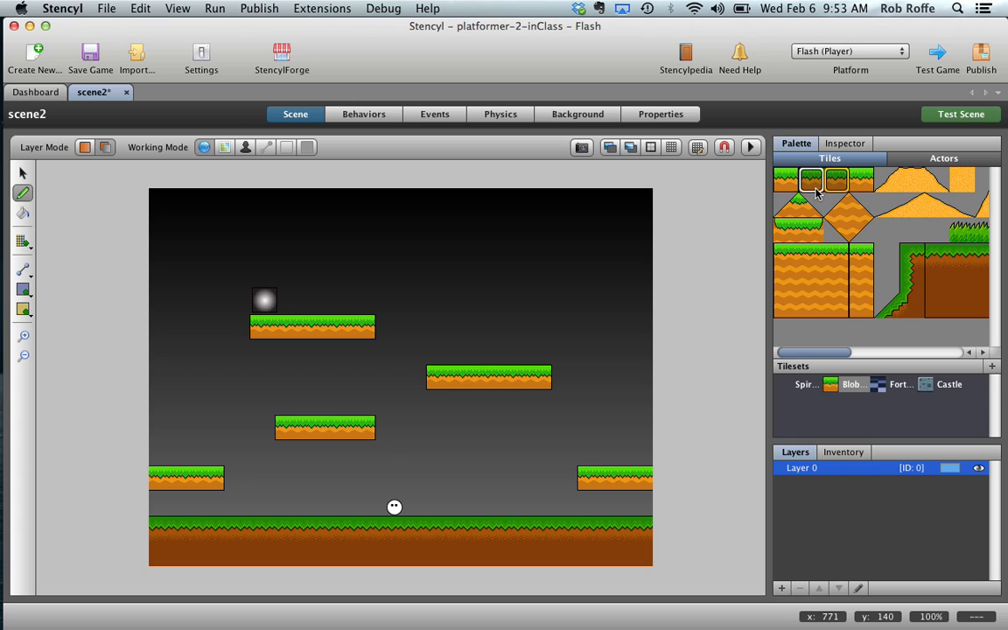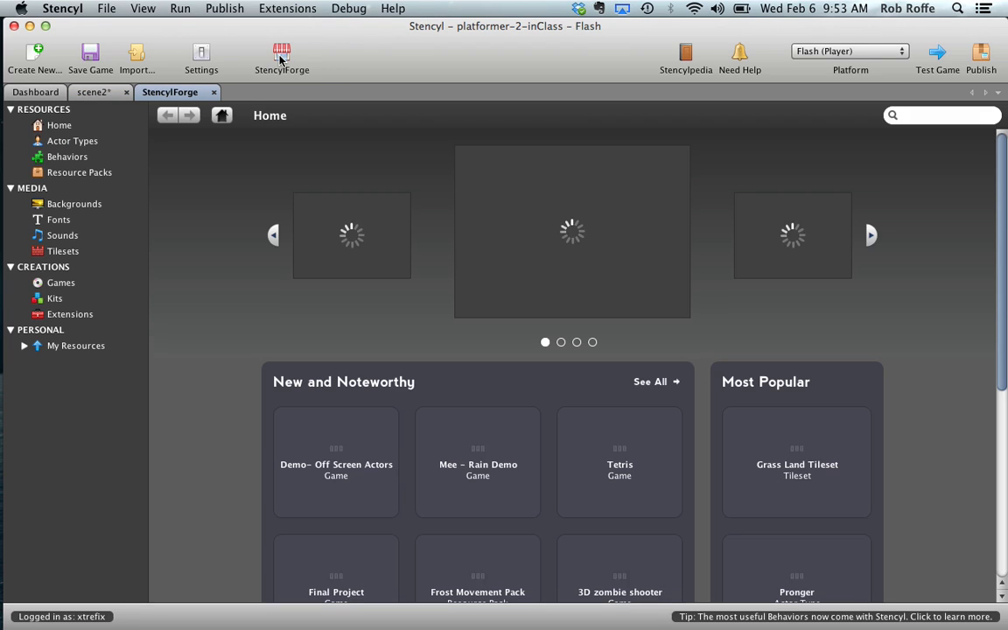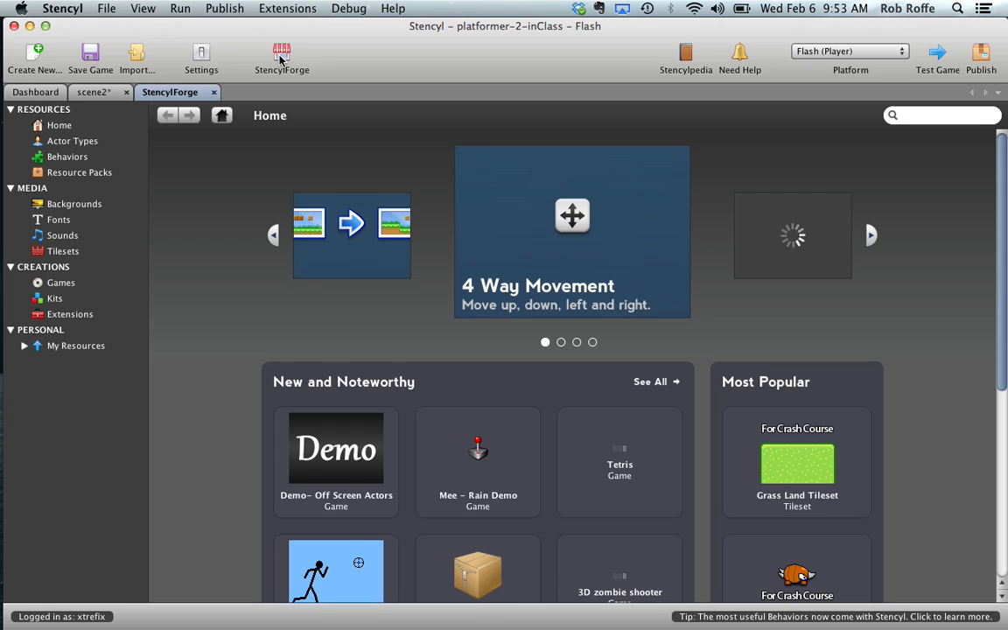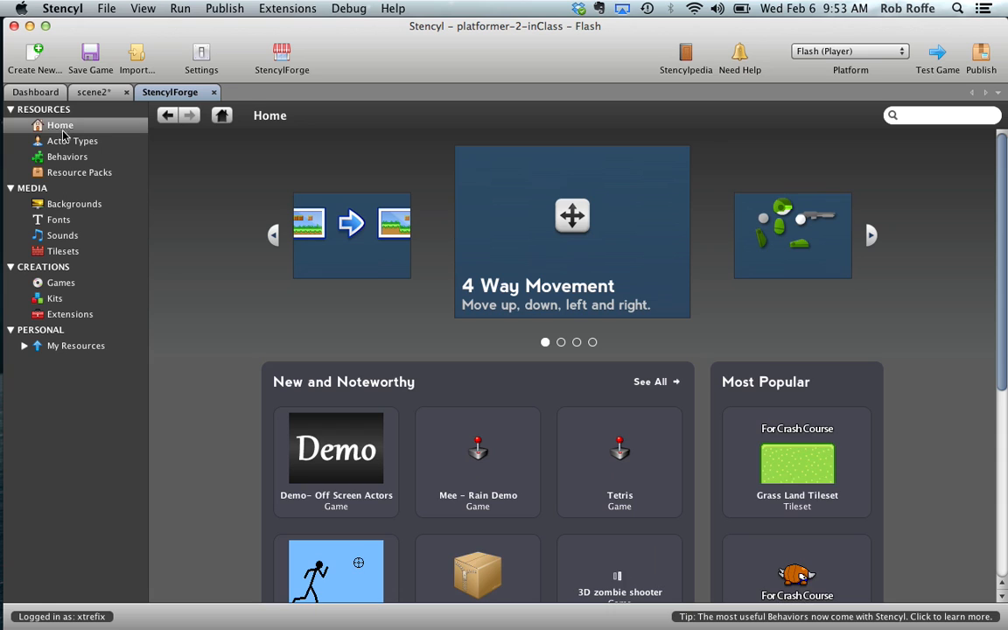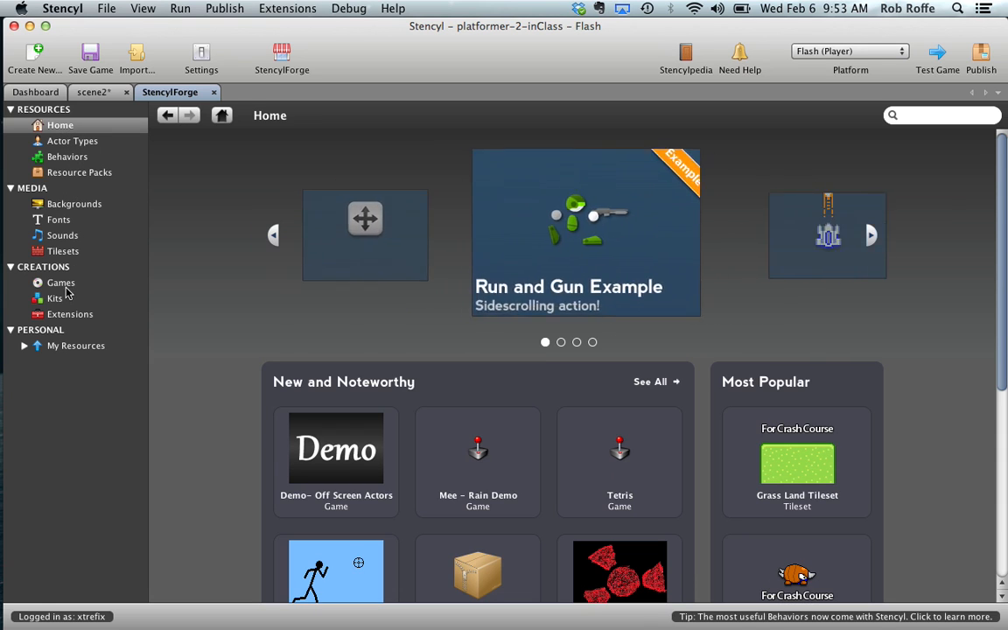So where do you get these tiles? I'm going to go up here to Stencil Forge. Stencil Forge is kind of the online clearinghouse. It's where you could download other people's games and resources. There's a lot of things you can get from Stencil Forge. So for example, if I go to games,